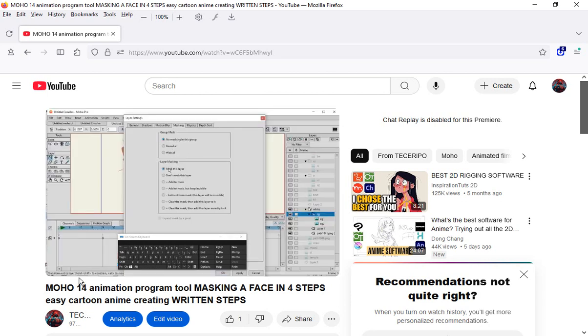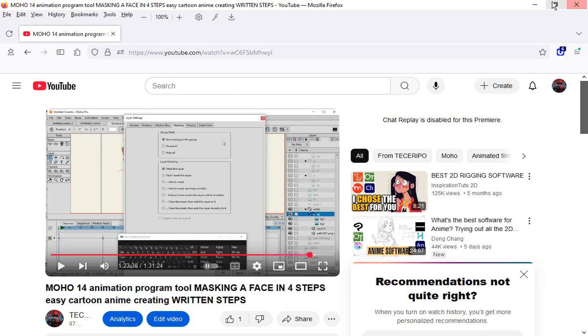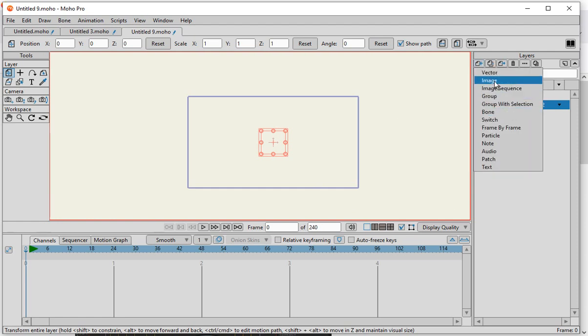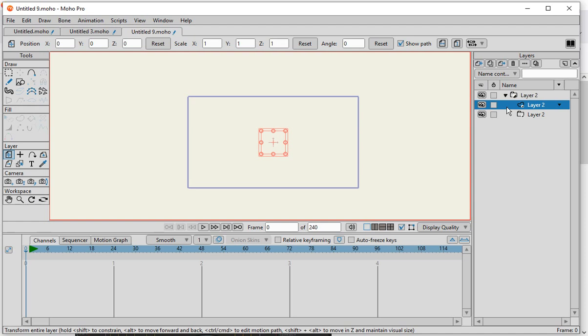So let's do that. So we will come here and we'll just create another group. And create 2 eyes. So we'll do vector,